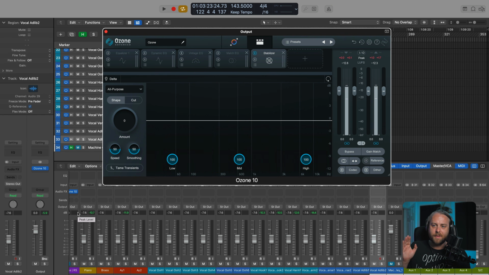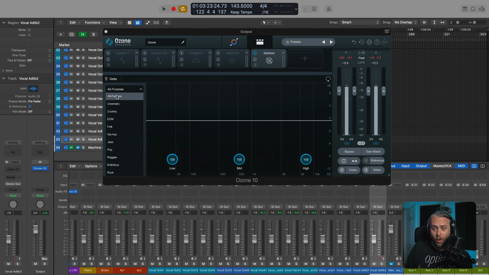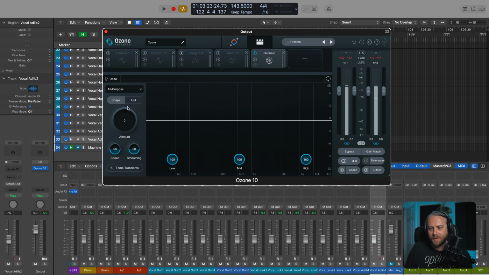So next up, we have the Stabilizer. And this is an EQ in a way because what it's doing is carefully and subtly shaping your track using EQ nodes in a dynamic sense toward a target, a reference that you have here. So if we go to the left, you'll see that we have all-purpose, cinematic. By the way, all-purpose is formerly bass heavy. If you're familiar with that target from Tonal Balance Control, it's the all-purpose now. But you also have another set of targets here: country, EDM, folk, hip hop, rock. So I'll stay with all-purpose, for example.